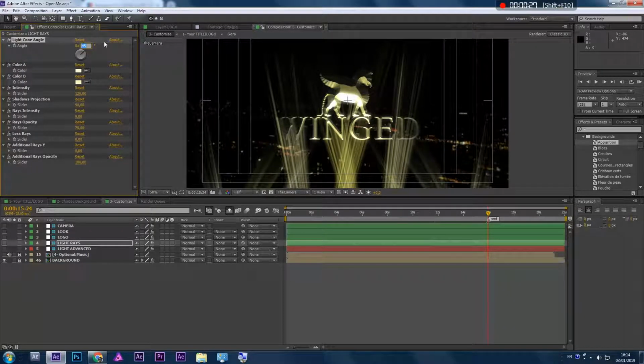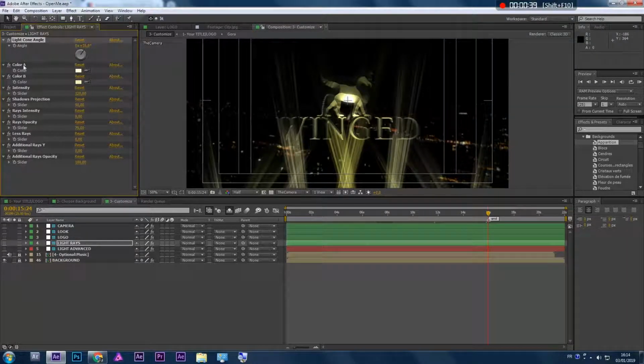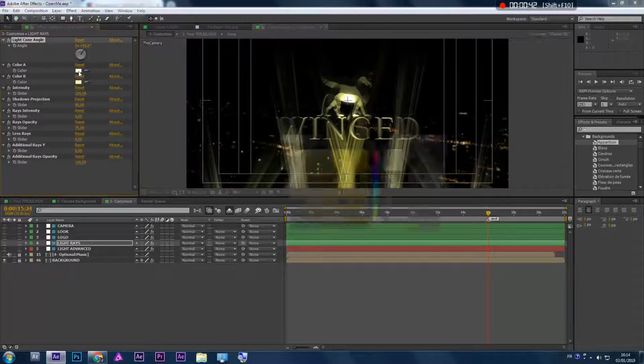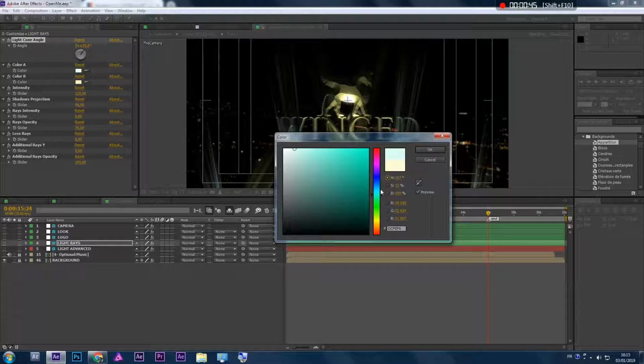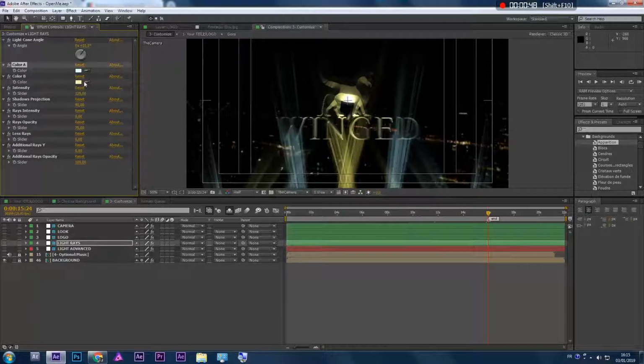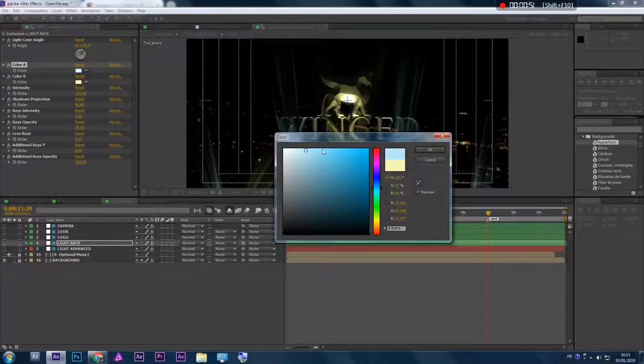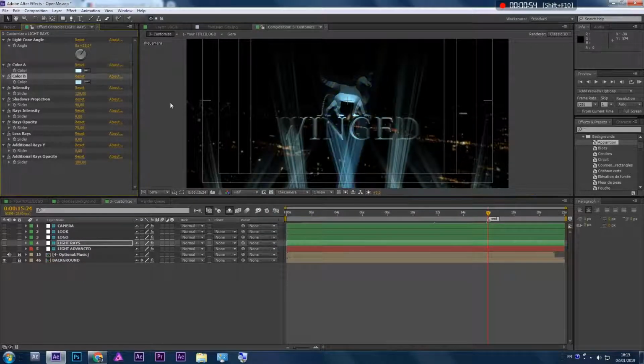I can make it thinner, like 40 degrees, and you see it will update automatically, maybe even 35 degrees. And you can play with the colors, like if you want to give it a bluish look. The light also has a color, for the beams and the rays. You'll notice that it's a little bit more saturated than the color that you decide, because if you